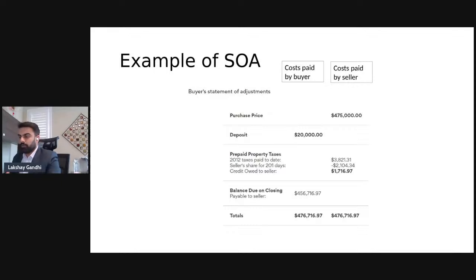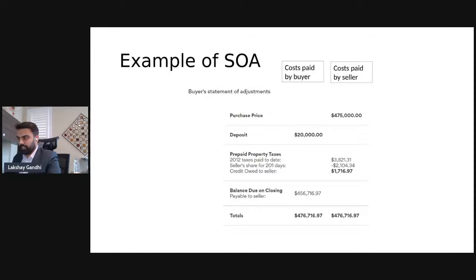So based on this, the balance due on closing is 475 minus 20,000 plus the $1,716, that is additional property taxes that is supposed to be paid by the buyer. We arrive at $456,000 approximately that needs to be paid to the seller at the time of closing. As you can see, in accounting you need to balance the debits and credits. So it kind of shows you that the debits and credits are balancing